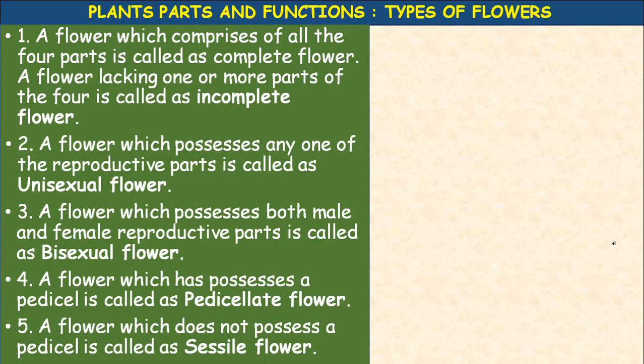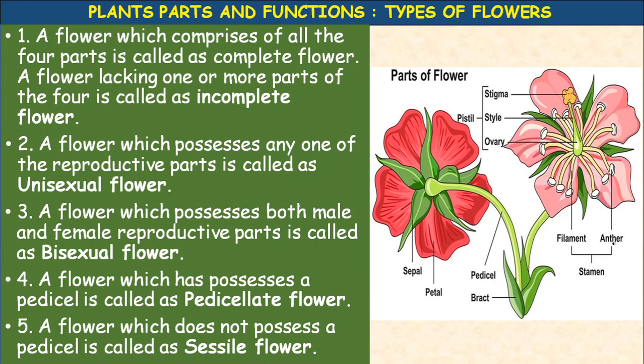Okay, so here the complete flower, the parts of flower. So this is the pedicel, stalk of the flower. Okay, this is the bract, involucre of bracts are present for some flowers. Okay, so it possesses petals, sepals. Okay, the pistil or female reproductive part consisting of stigma, style and ovary. Then stamen consisting of filament and anther. It is a complete flower which possesses all the four whorls.